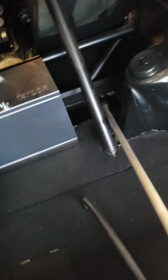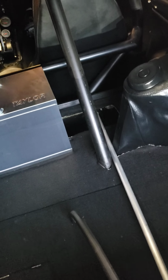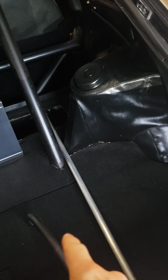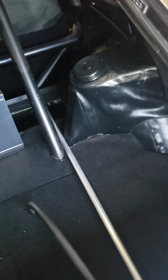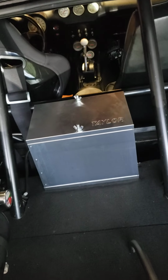Here's the fuel cell, so it's nice and hidden under there. There's the yellow top battery and the Taylor box. Put this down, set that there. You can see it's got the roll cage, and the roll cage actually has 6 points just right here, 1, 2, and then it comes down 3, 4, and then 5, 6. So the ones that go up to the front of the car,